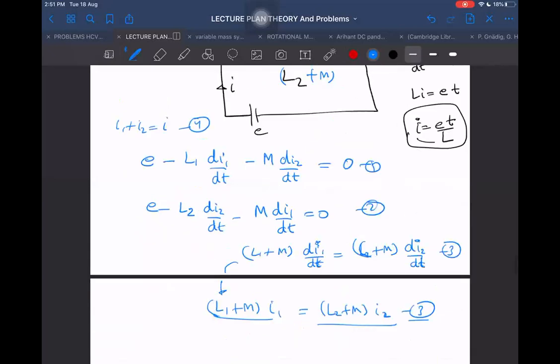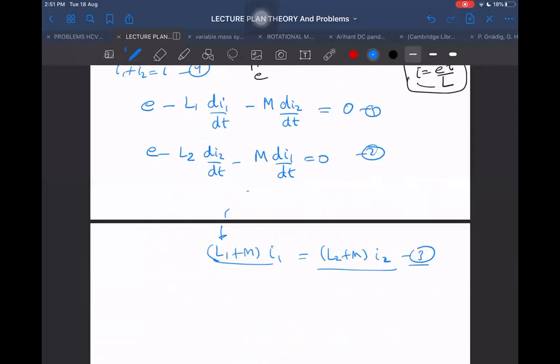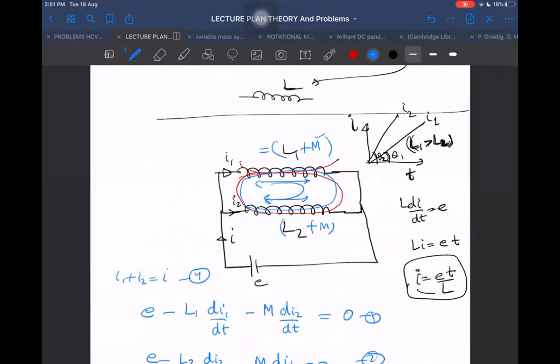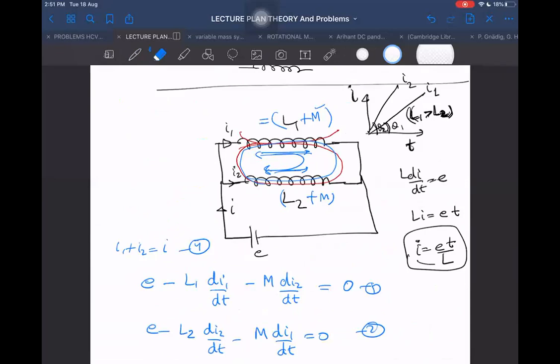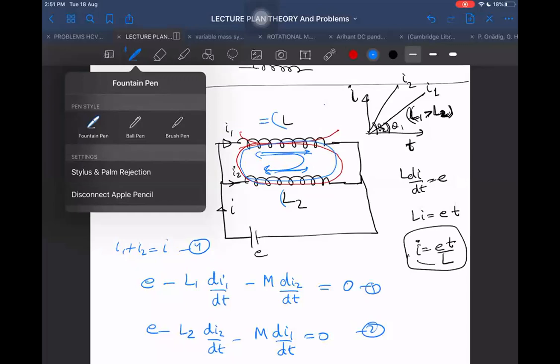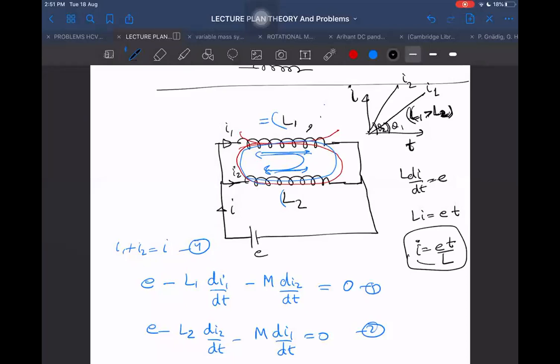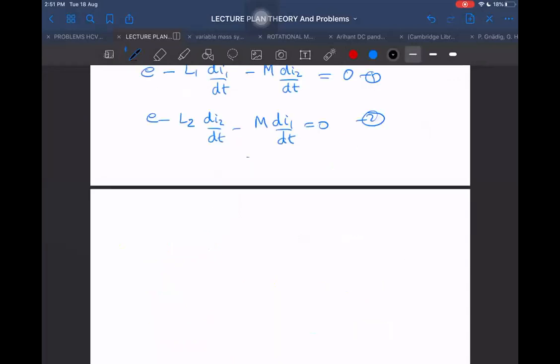Sorry, again that same mistake. I was trying to equate the EMF of the upper branch and the lower branch, but again I made the same mistake. This mistake appears because I am directly writing L1 plus M. I should not write it like that. I cannot directly write L1 plus M. I have to write L1, comma, M and L2, comma, M. I cannot say it is just L1 plus M or L2 plus M, since these cannot always be added. So I'm just writing L1, comma, M.